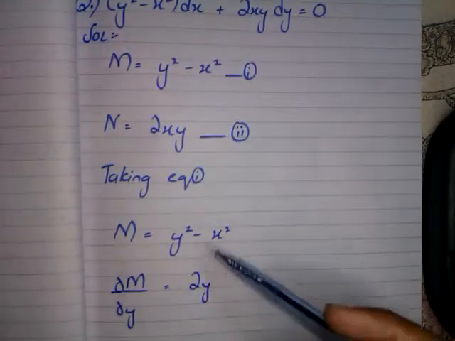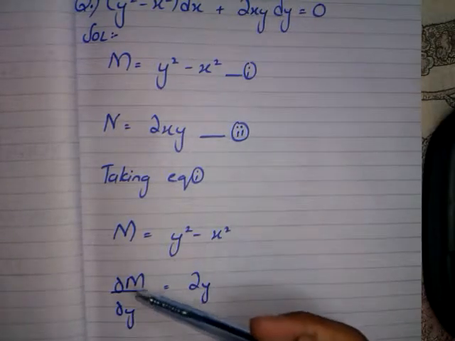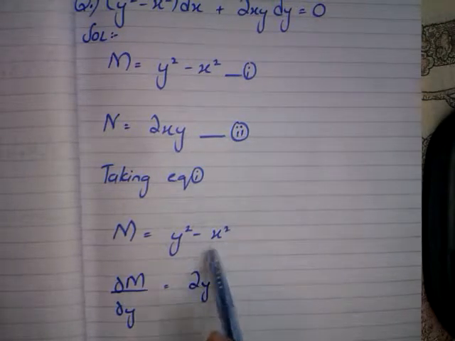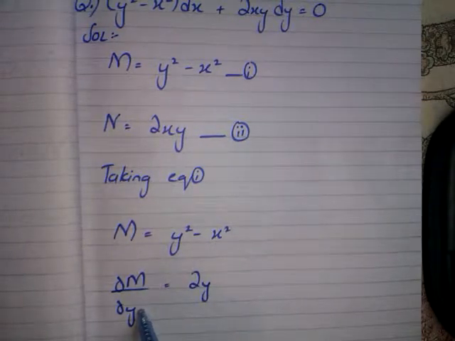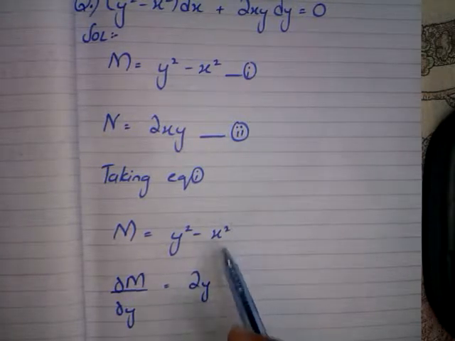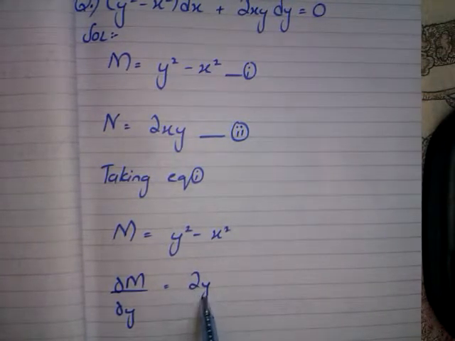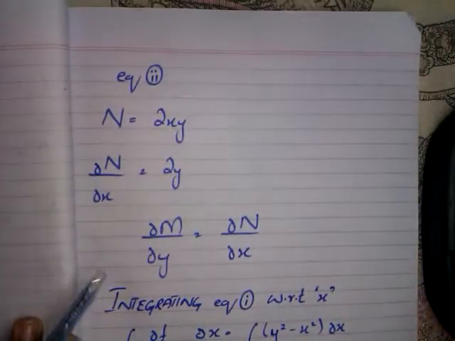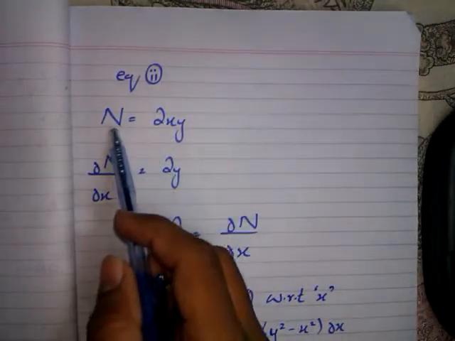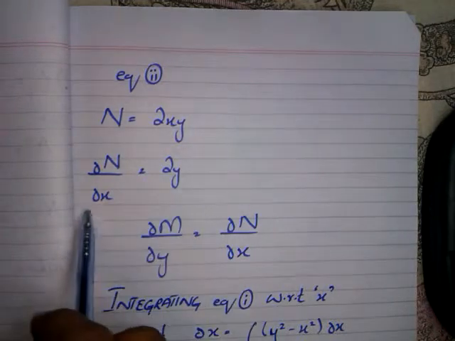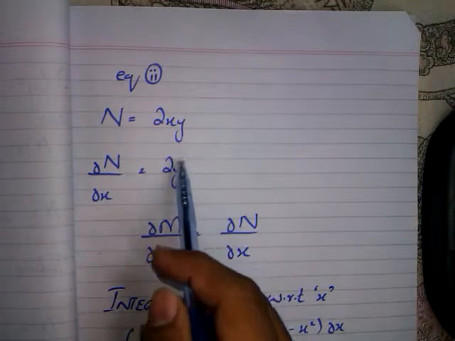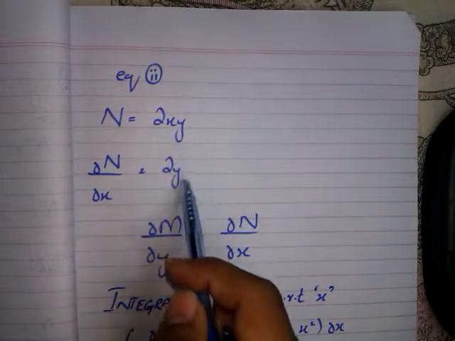So we will take equation 1, which is the M part: M equals y² minus x². We will differentiate it with respect to y, keeping x constant. So its answer will be 2y. And here we will take equation 2, which is the N part, and differentiate it with respect to x, keeping y constant. So the derivative of x is 1, and 1 into 2y